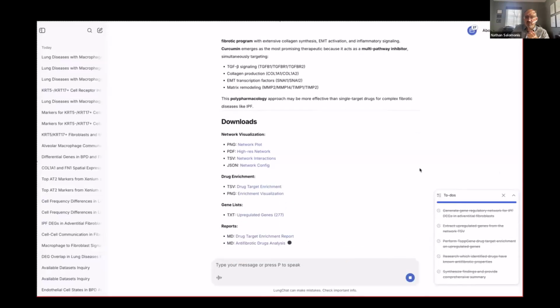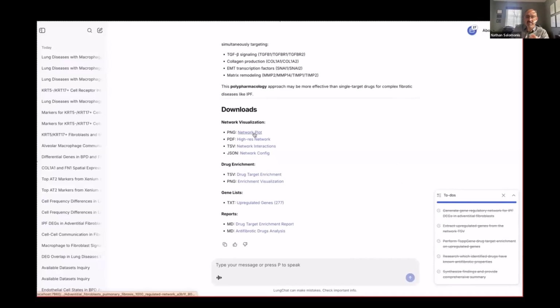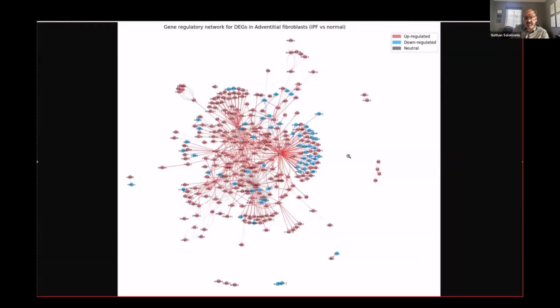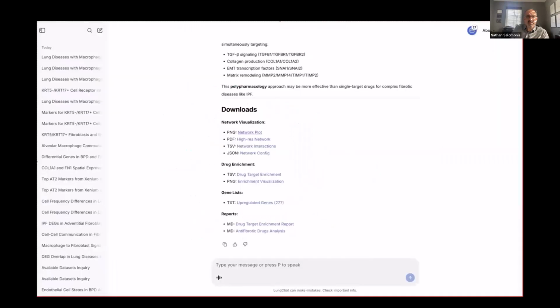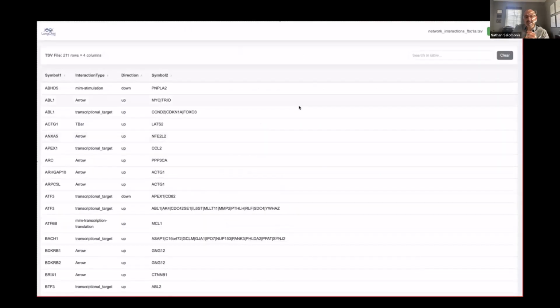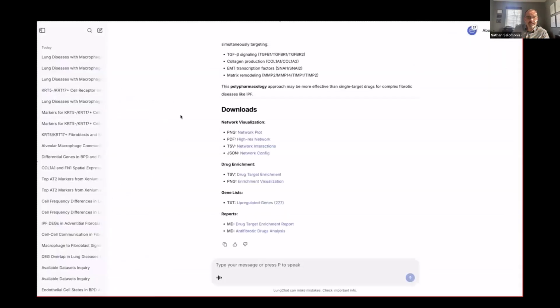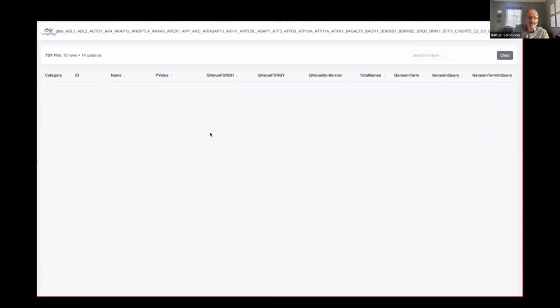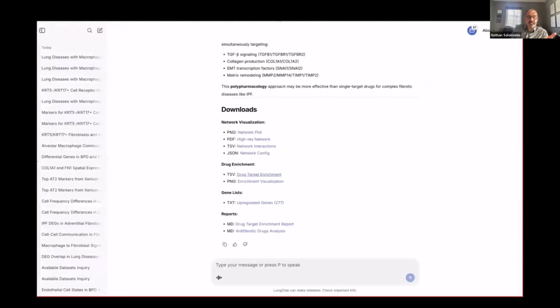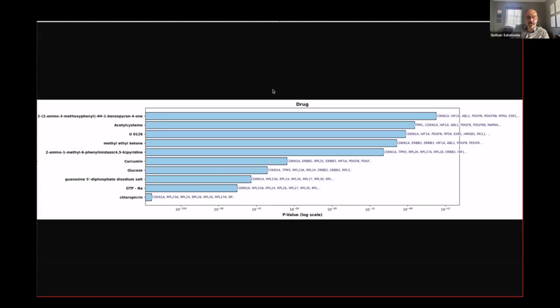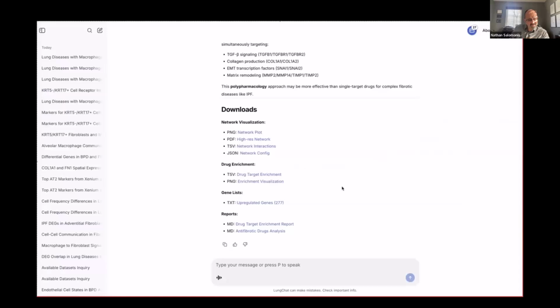Once you get the associated outputs, you can navigate these in a much deeper way. For example, you can go in depth into this network plot and specifically view these interactions and download that plot. You can select the list of actual protein-protein and protein-DNA interactions, and it will indicate in that table, and you can download that, what interactions are present. You can sort based on p-values and other statistics in that plot. You can download the drug target associations here. So these are the top enriched drugs and their genes. There's TSV files associated with those you can download.